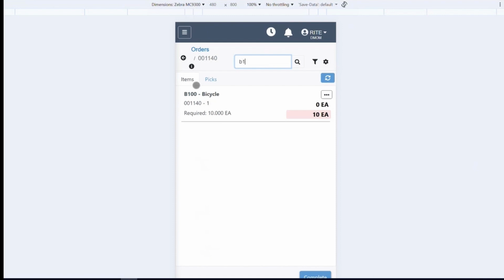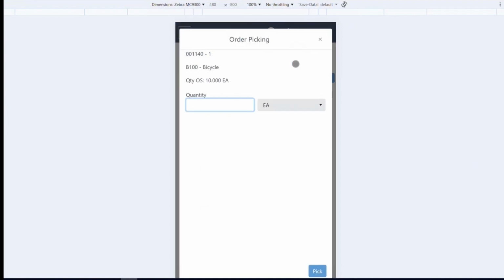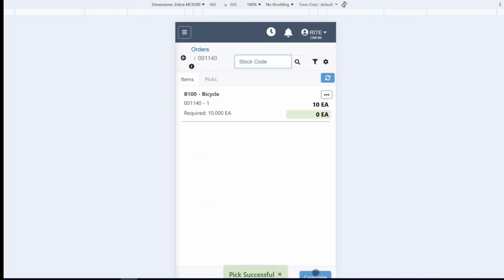If I scan our B111 that does not exist on order, we will get a red error communicating to us that mistake. We'll clear that out. We will scan our B100. We will apply our quantity of how much of this specific item we are picking and select pick. And finally, we'll be able to complete,